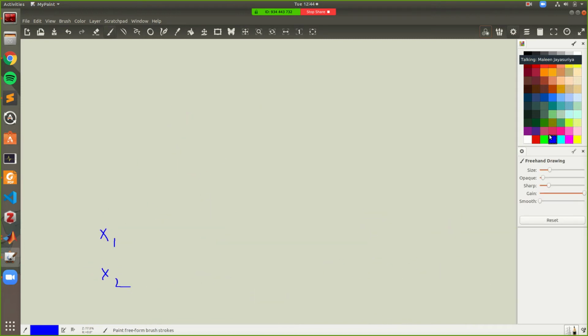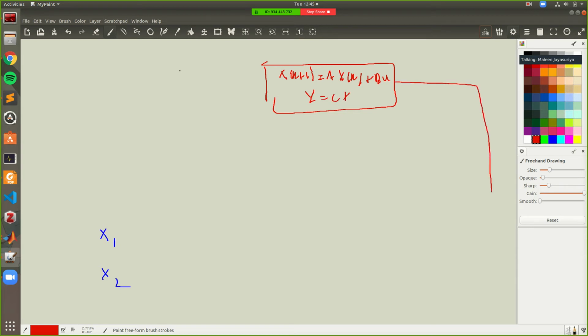So how does feedback control work? We have our system, in this case, we have a discrete time system. And then this is what the open loop system looks like.